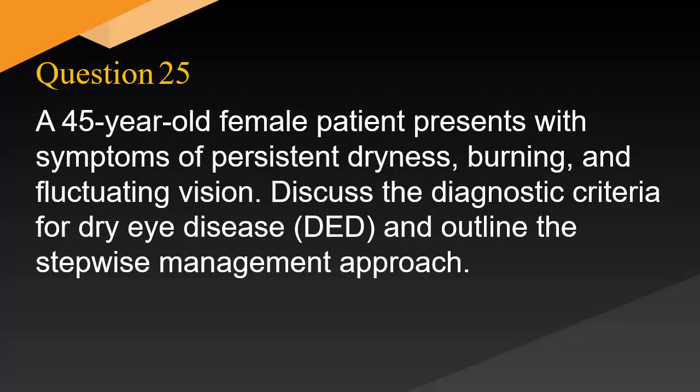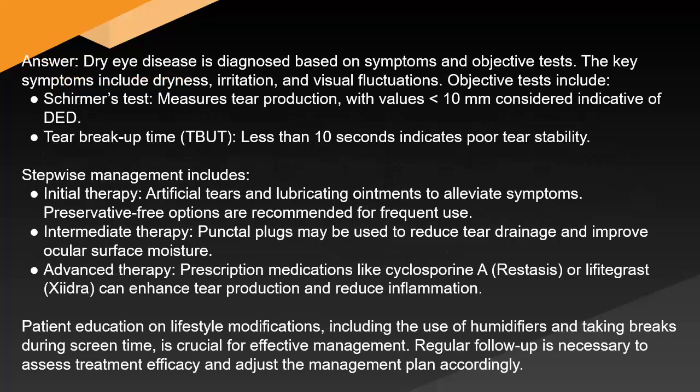A 45-year-old female patient presents with symptoms of persistent dryness, burning, and fluctuating vision. Discuss the diagnostic criteria for dry eye disease (DED) and outline the stepwise management approach. Answer: dry eye disease is diagnosed based on symptoms and objective tests. The key symptoms include dryness, irritation, and visual fluctuations. Objective tests include Schirmer's test, which measures tear production, with values under 10 mm considered indicative of DED, and tear breakup time, where a time of less than 10 seconds indicates poor tear